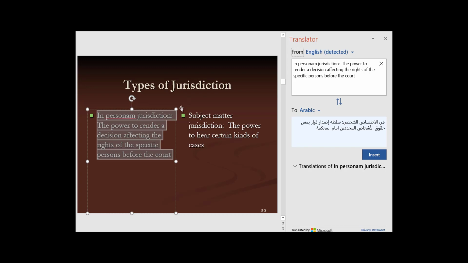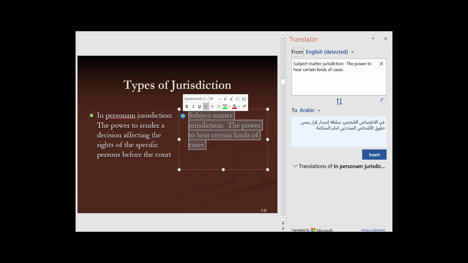The other kind, what's called subject matter, is that there are only certain kinds of courts, specialty courts, that deal with special problems. So you can't go into a regular court. You have to go to a special court to solve your problem. For example,